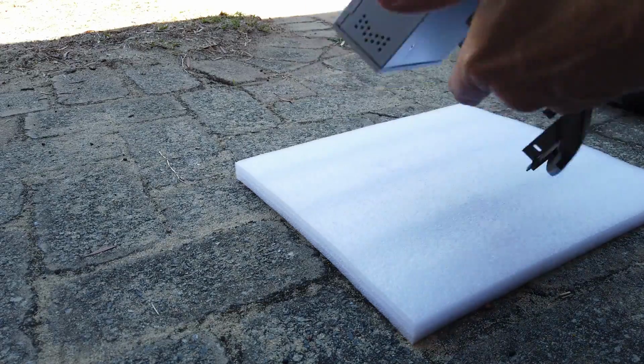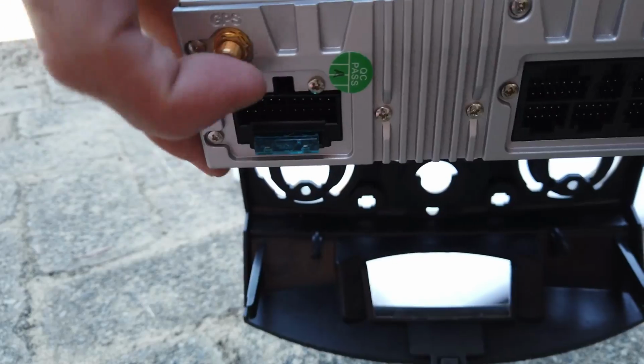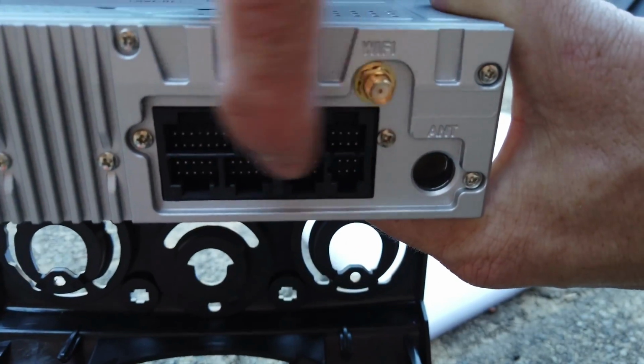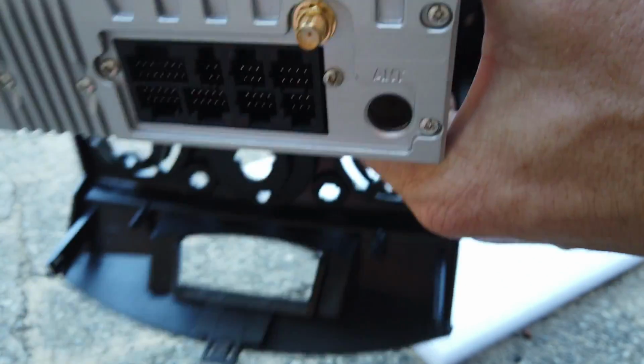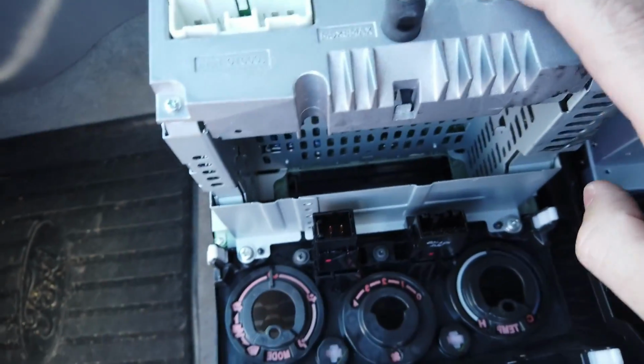That's it. And then just the back of the head unit, to explain what I was just talking about before. You've got your main 20 pin plug, you've got your GPS plug, auxiliary plugs, a Wi-Fi antenna, and FM plug. And that's everything that's in the kit. So once the original unit's out, this is the new unit, original unit, there's a few things we need